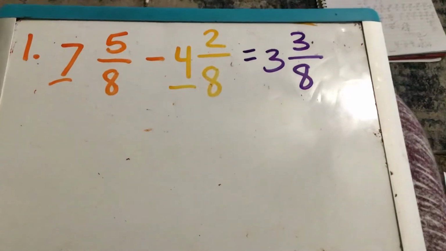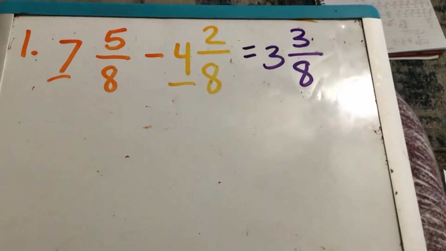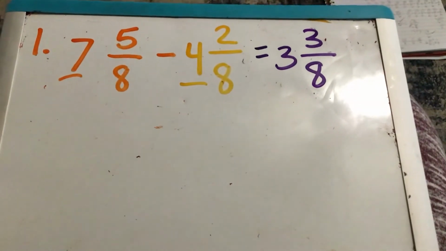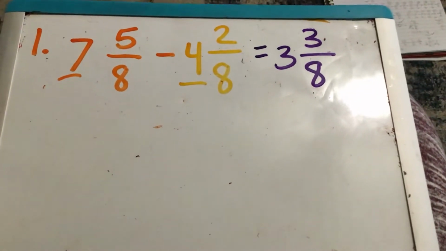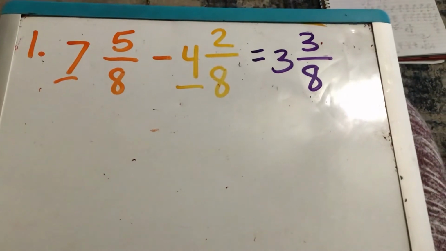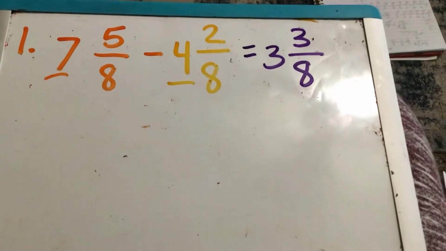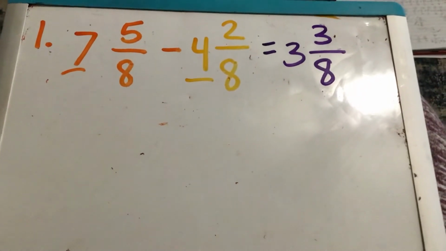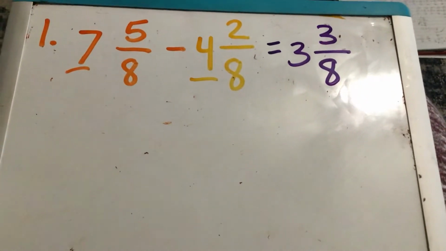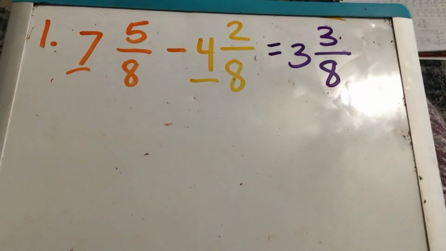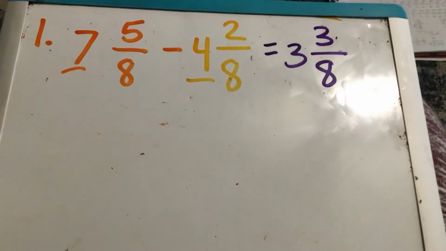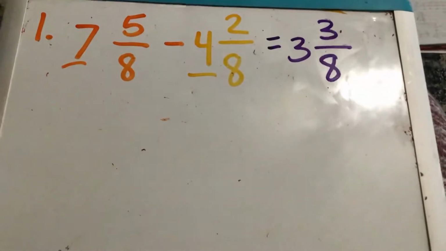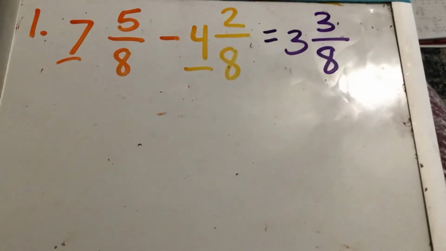3 and 3/8. Now, as you go on, like in number 2 that we'll do, they will have where the first fraction numerator is smaller than the second fraction numerator, and that's when you will have to solve it a different way, which will require more work. But however, it's because we have to make those mixed numbers into improper fractions in order to solve. So I'm just going to solve this one out to give you an idea of